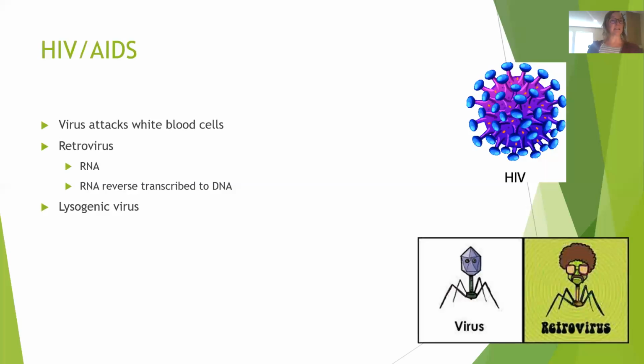HIV specifically is a lysogenic virus, so it becomes part of the host genome. And that's why we say HIV/AIDS. The virus name is HIV, okay? But if that virus becomes triggered and active, so you can have HIV and not be sick because it's just in your genome, it's in your white blood cells, it's just sitting there. But when it gets triggered to become active and it starts attacking your cells and your cells start lysing,